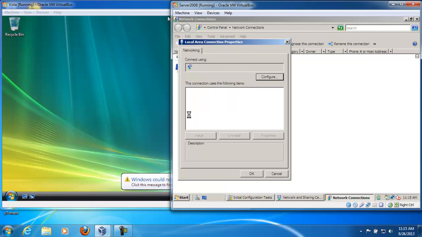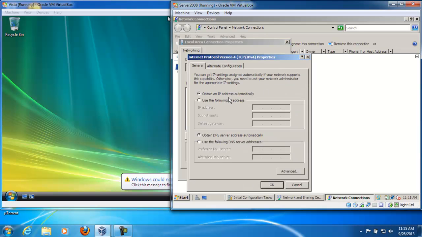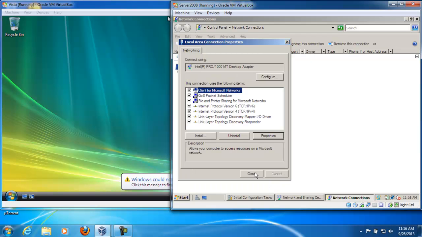area connection, go to properties, select my TCP IP settings, go to properties, and I would be using the following IP address, which would be 192.168.0.1. Subnet mask would be default, and my default gateway would also be the IP address of my server, which would be 192.168.0.1, and the preferred DNS would be my loopback address, which would be 127.0.0.1. Okay, so this is set,